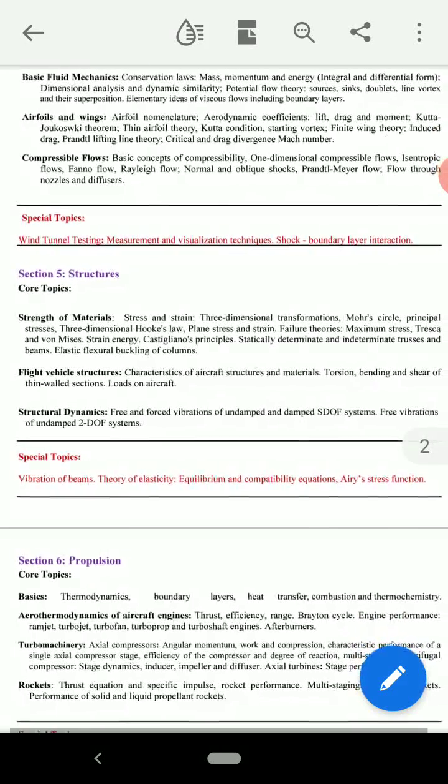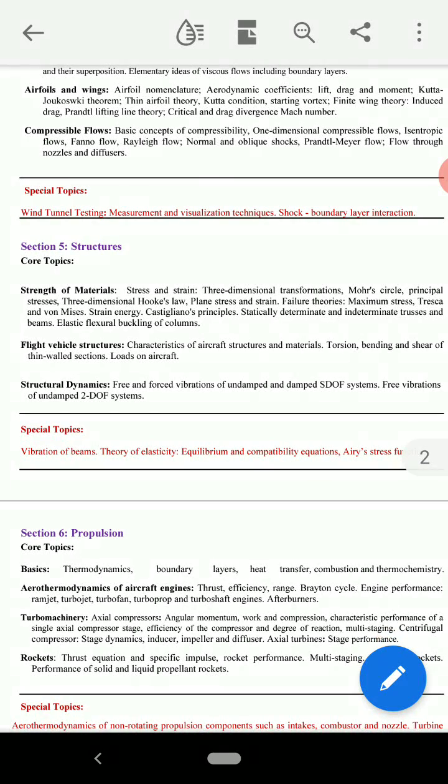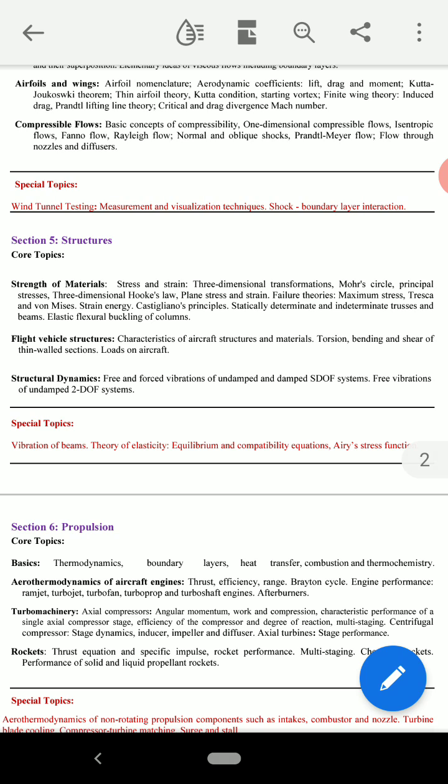Next section is structures. Core topics: strength of materials, stress and strain, three-dimensional transformations, Mohr's circle, principal stresses, three-dimensional Hooke's law, plane stress and strain, failure theories, maximum stress, Tresca and von Mises, strain energy, Castigliano's principles, statically determinate and indeterminate structures and beams, elastic flexural buckling of columns, flight vehicle structures, characteristics of aircraft structures and materials,